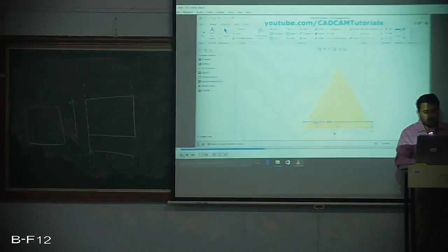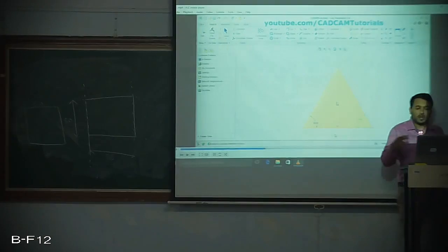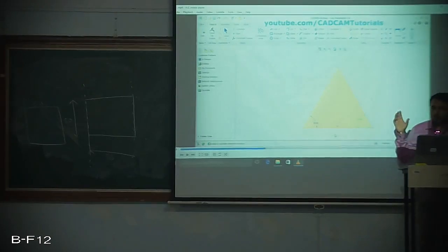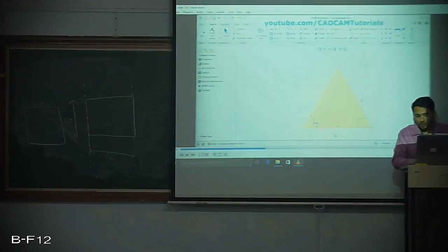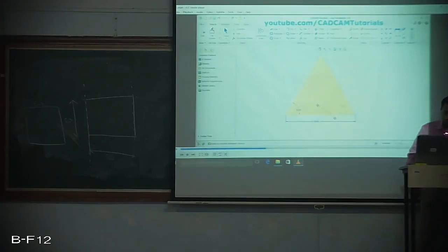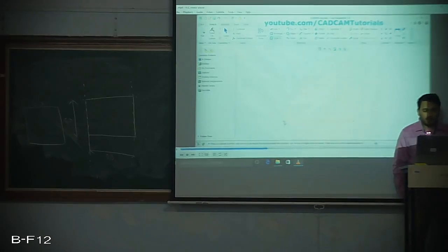Whenever you put a dimension, the dimensions may appear big or small, so you can alter the size of the dimension line. Here in this case, the angle line was coming out of the sketch. I wanted to place it exactly over here, so it will look good and be convenient for me to draw the further drawings. Hence I drag this from here to here, and from here to here also I drag this over here. Now if I pan it out, I can place it anywhere, and then I can draw the circle on the edges,